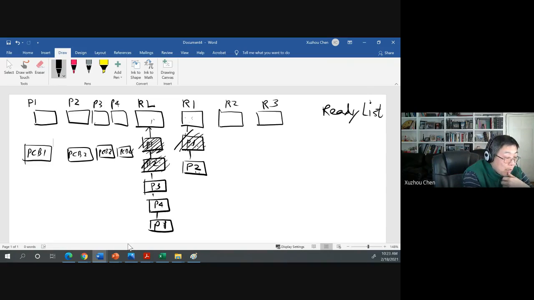And then process 3 is executing, and then process 3 is requesting resource 3. Okay, then process 4 is in the ready queue. Now I assume that the ready state is based on first come first served. So when process 2 finishes with resource 1, it will be put back on the ready